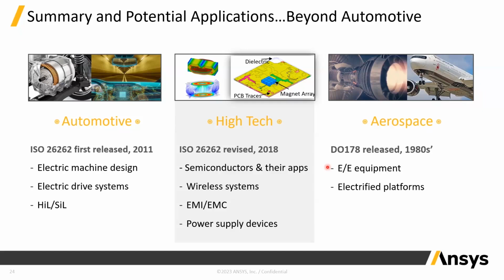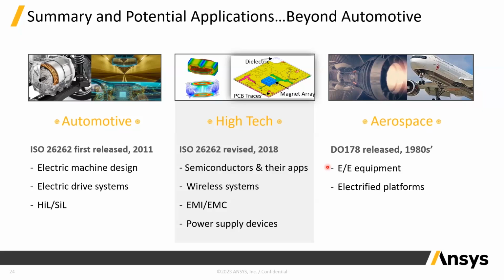The 178 in aerospace evolved, also including the electric and electronic components, and embraced the full electrified platform, especially in the last decade, where more electric components or more electrification platforms are part of aerospace developments. In automotive, the first ISO 26262 was released in 2011, and this addressed